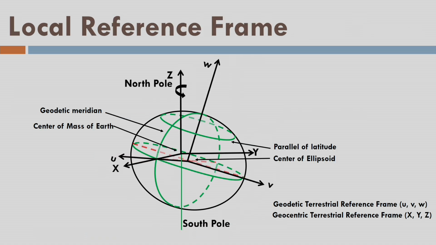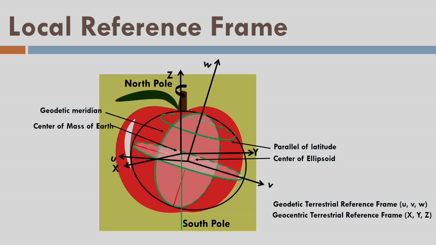Okay, what about the local reference frame? Well, again we are showing a geodetic reference frame and a geocentric reference frame on the screen, and all the terminologies which are relevant to the two are also shown. Now let us imagine the earth by an apple surface. On the apple surface, let us say there is a terrain surface which I am trying to manifest. So point Q is there, and at the point Q, if I define a reference frame in order to work on the surface of the earth, such a frame is called a local reference frame.